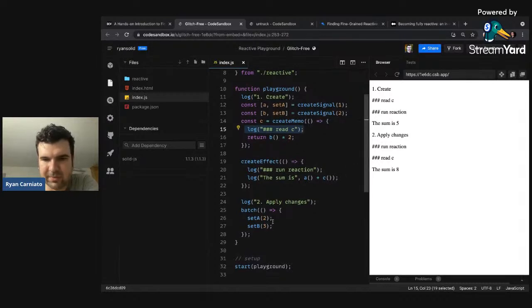Then when we apply the changes, it actually runs the reaction first, like we just said, but the difference is it gets the value for A here, so it actually sees the 2, but then when it goes to C, because we've already notified it that it's stale, it actually goes in and immediately runs what's in C inline. So you see read C, and then it produces the right value here at the end. So that's 2 plus whatever, it's 6, so it's 8. So essentially, everything ran once, and even though it had no way of knowing the proper order ahead of time,